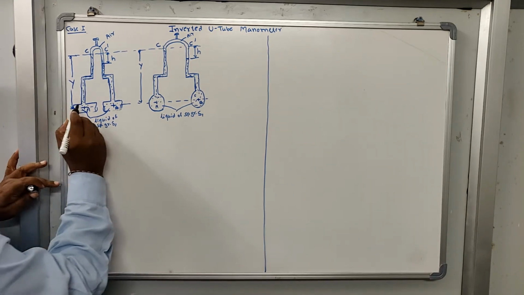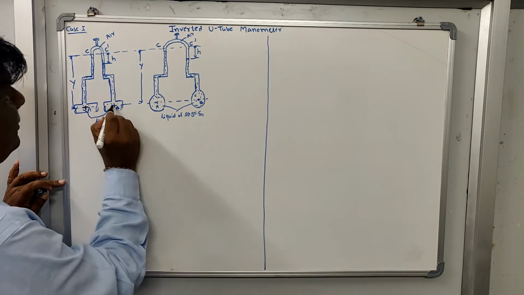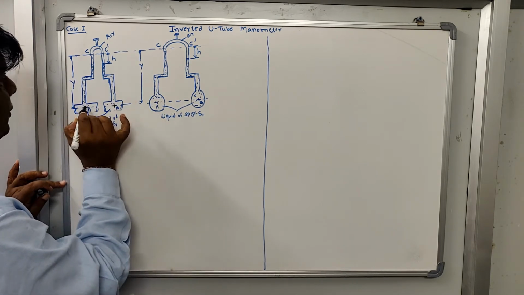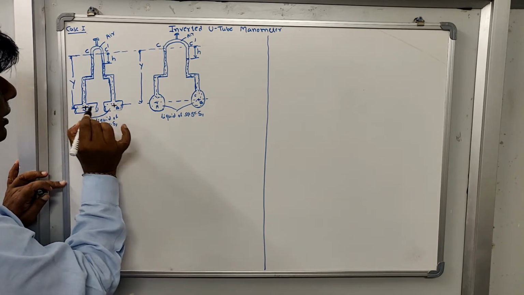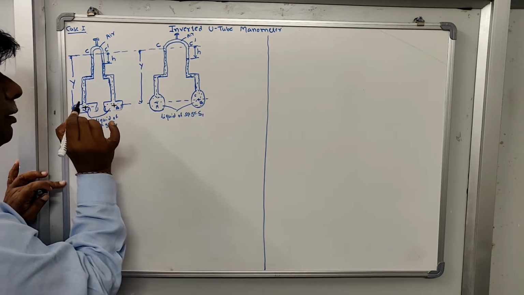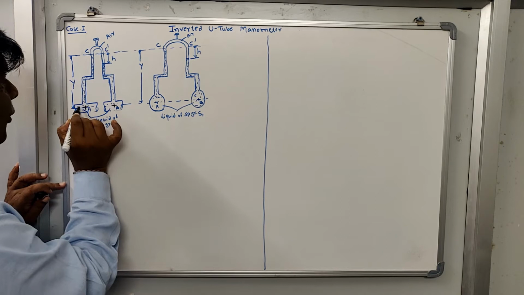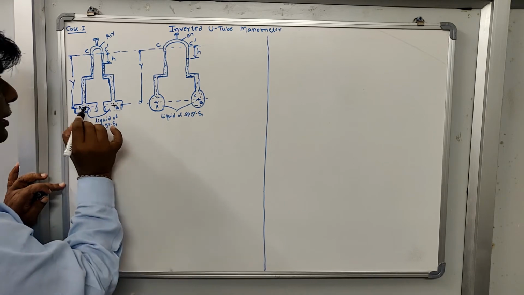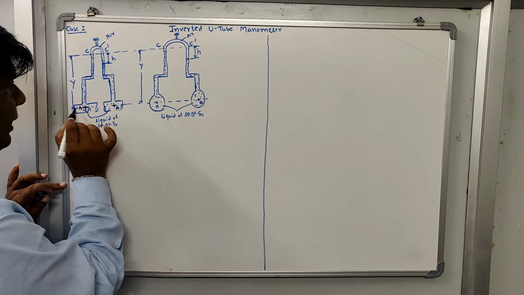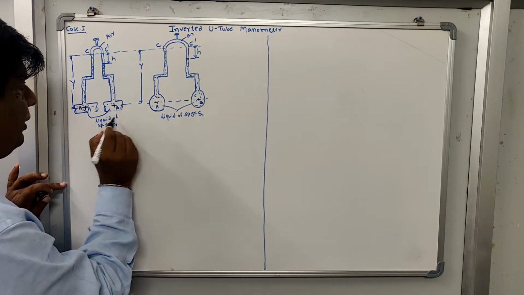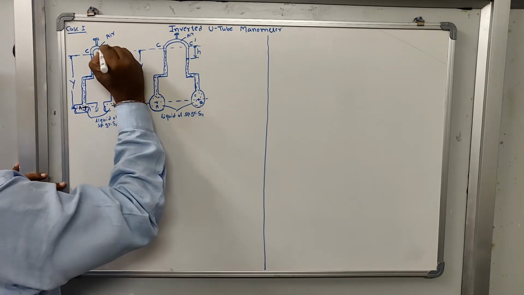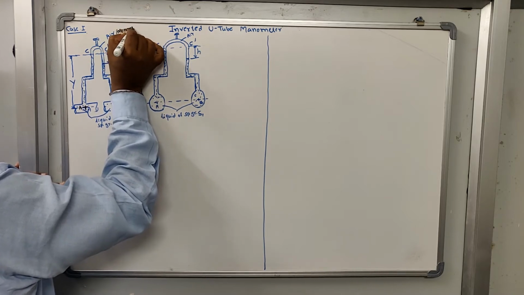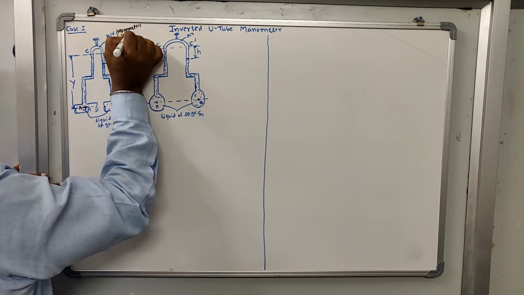Let us consider two points in this pipe, A and B, and the two ends of the manometer are connected to points A and B. Here our aim is to know the difference in pressure head between points A and B when the same fluid, of specific gravity S1, is flowing inside the pipe. The manometric fluid used here is air.